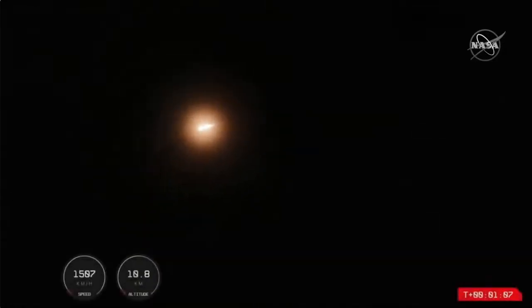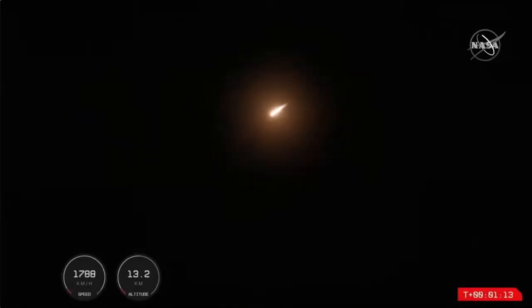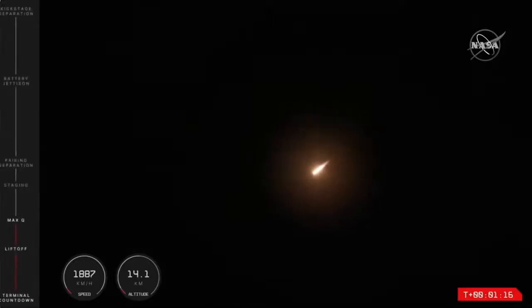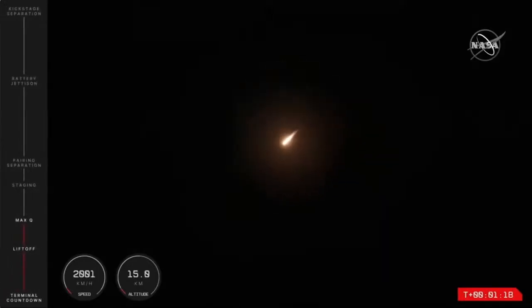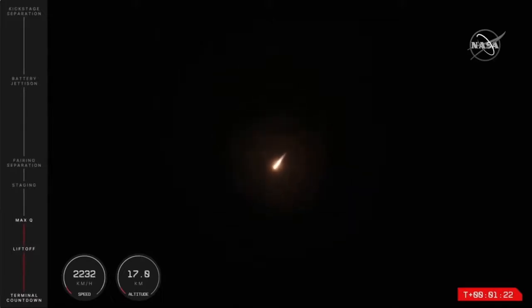At T+1 minute an Electron is in the air and onward to the moon for the CAPSTONE mission. That rocket is soaring through this nighttime sky, now past 14 kilometers in altitude in these past few moments. Now things look to be continuing nominally, which means that shortly Electron will come up against max Q, or maximum